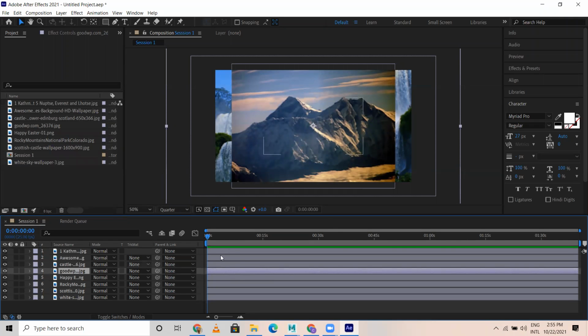Now, if you see, all the images are available up to 1 minute 39 seconds. I want to chop this one image to 5 seconds. So for that I'll go to 5 seconds. You can see the number here as I drag. Yes, I pick 5 seconds. And I want to cut here at 5 seconds.